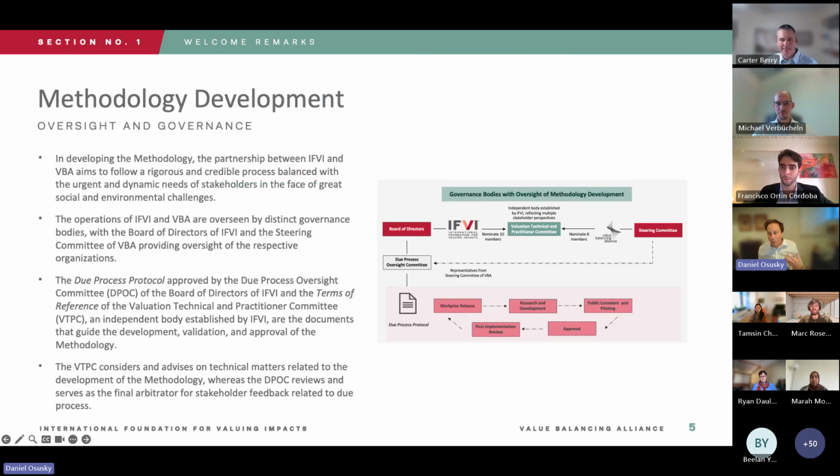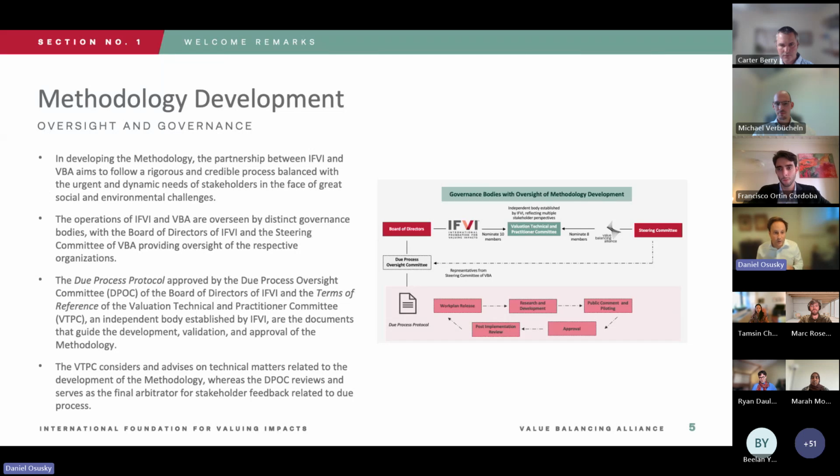At the core of what IFVI and VBA are doing in the development of their methodology is really recognizing the importance of an overall process to develop these methodologies that can signal credibility and usefulness to the market. And so the methodology that we are developing is overseen by an independent governance body that we refer to as the VTPC, that is the Valuation Technical Practitioner Committee, and follows a due process protocol to provide the information to